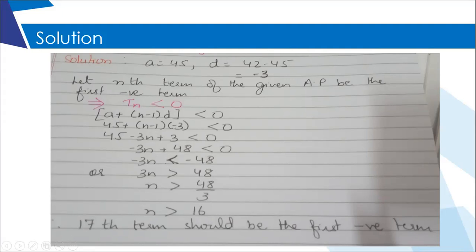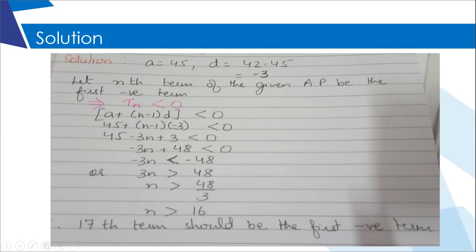Tn, that means you will find out when Tn is equal to 0. Yes, which term's value is 0. Most probably it will come in points, but the next whole number will be the first negative. You are basically asking which term will be equal to 0 and then what will be the first negative term, right? Because instead of an inequation, you will be putting an equal to sign between Tn and 0, right?